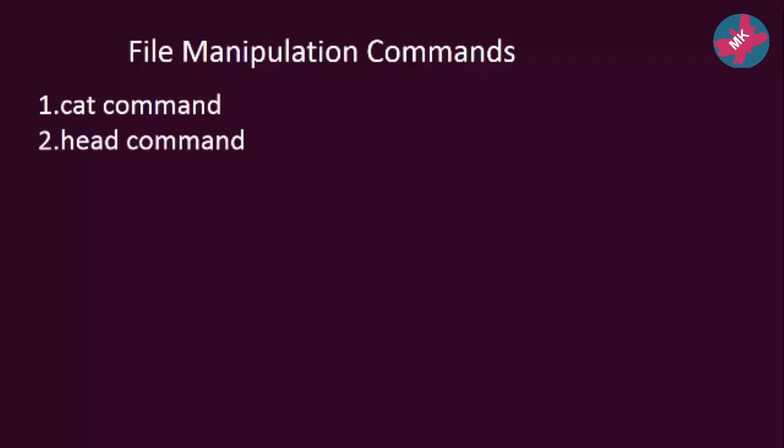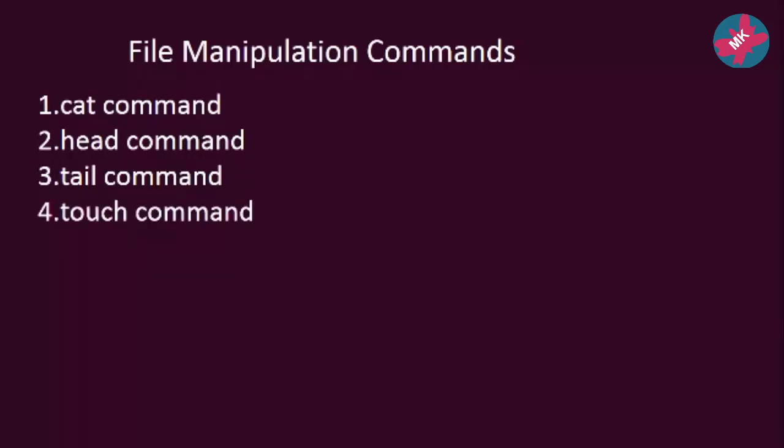Then the second command is the head command. This particular command is useful to see the topmost lines present in your file. By default you can see 10 lines, but you can also put a specific number. Say a file is given to me and I am only interested in seeing the first 20 lines of that file, then this head command is used. Opposite to the head command is the tail command. Here the bottommost lines are visible. By default 10 lines are visible, but you can also manipulate it as per your need.